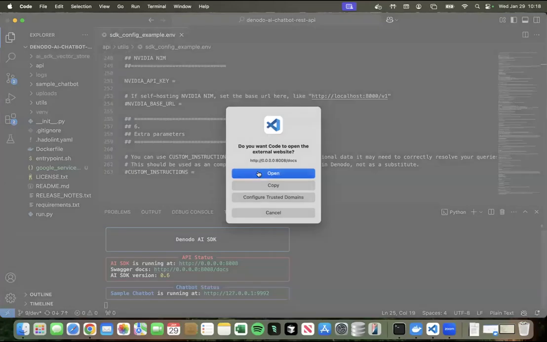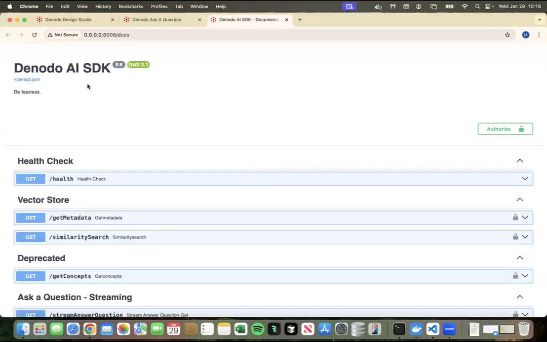So here we have the quick start link. I don't like the chat. I don't like the example. I don't like the look of it. So what can I do to build my own chatbot?